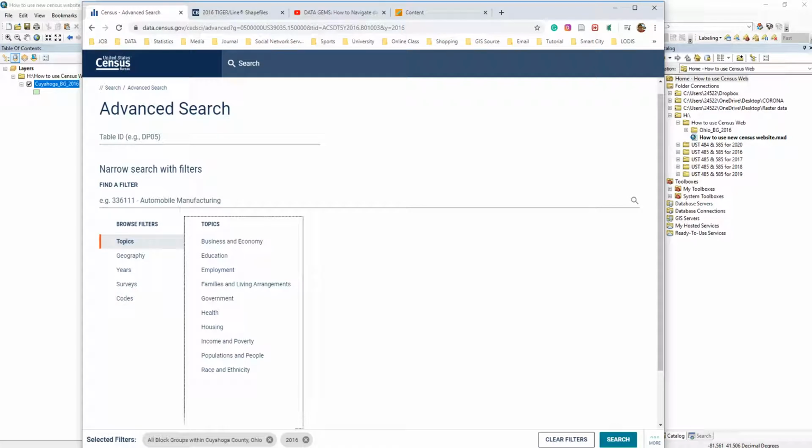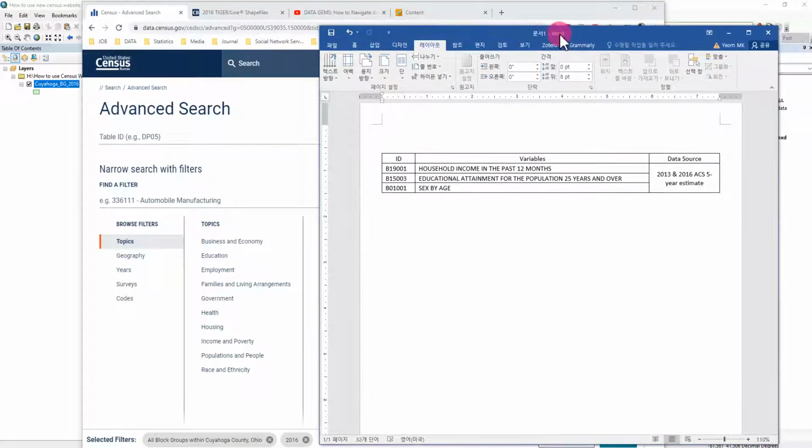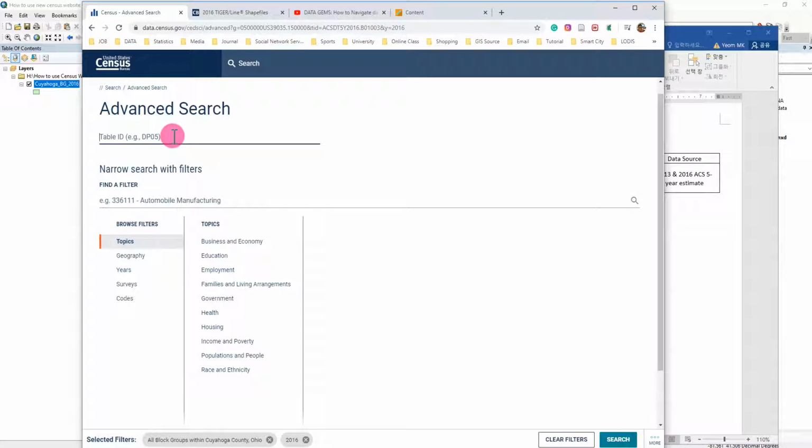In terms of the topics, I want to download the household income in 2016. The variable ID is B19001, right? B19001. You can type B19001 here, or you can just click and then you can see